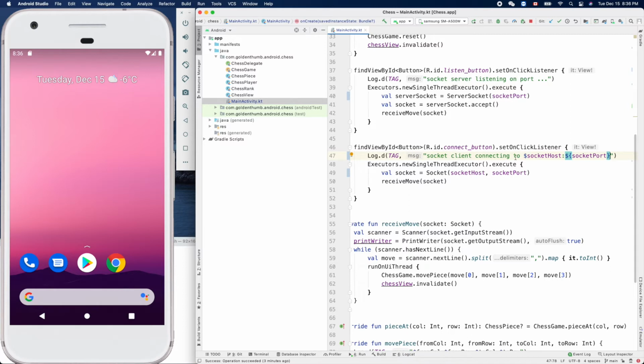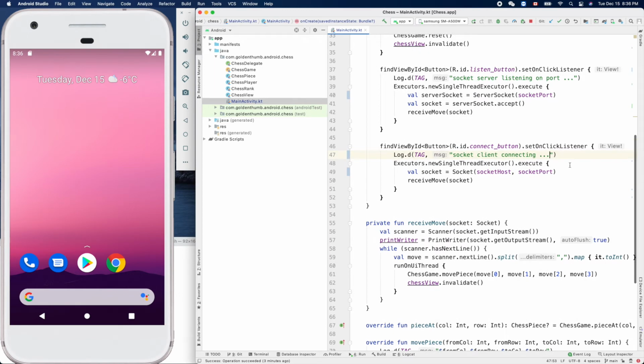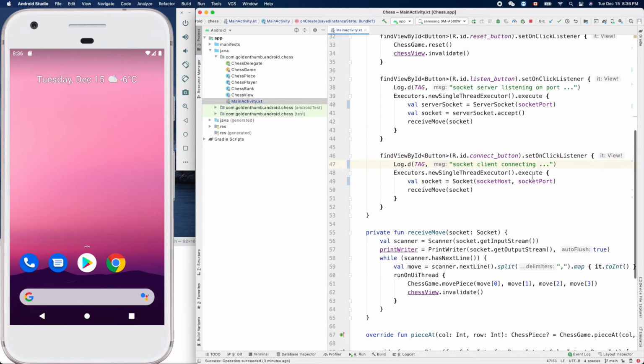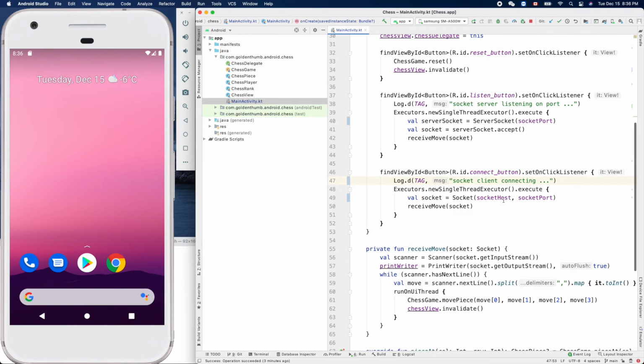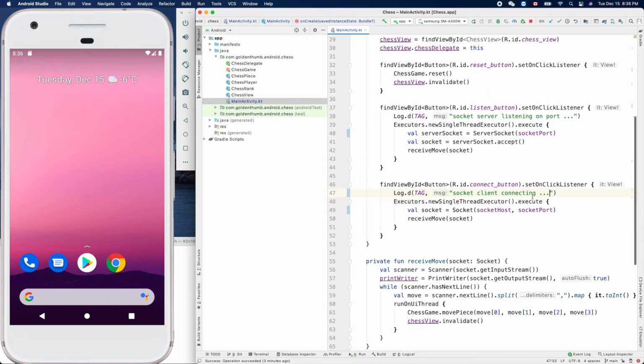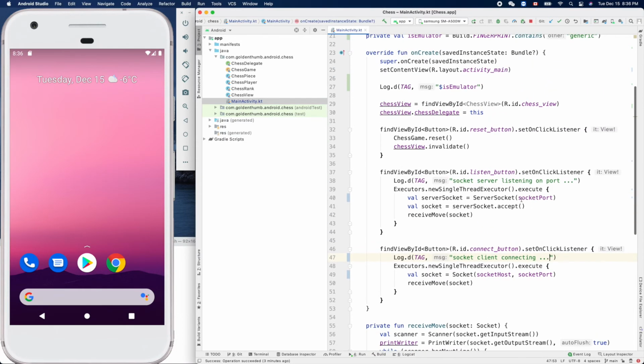Socket client connect to, oh no, connecting, yeah, we don't need that. It's for the client. So socket host, yeah, we can put that here. Later on we'll use a pop-up dialog to let the user input those things, but for this video we'll focus on the server. Listening on, yeah,